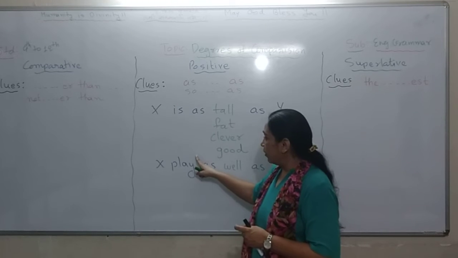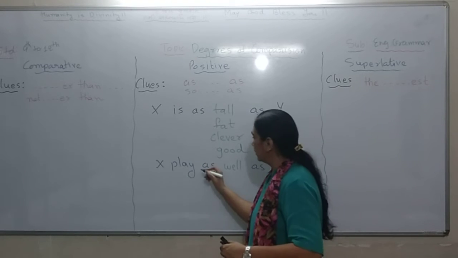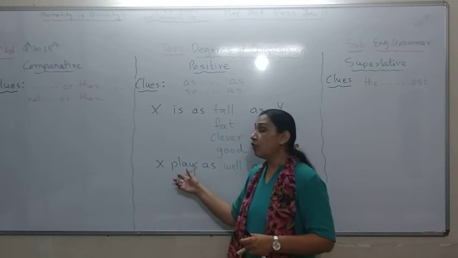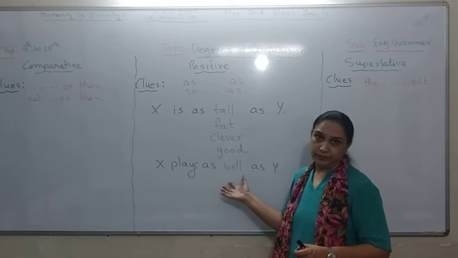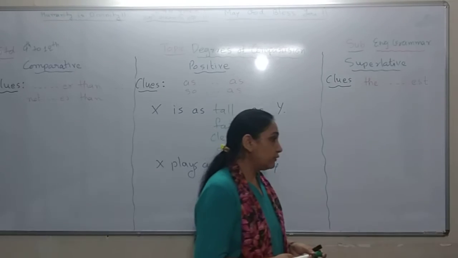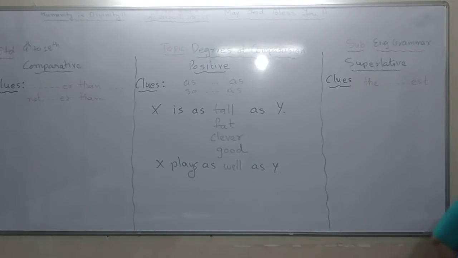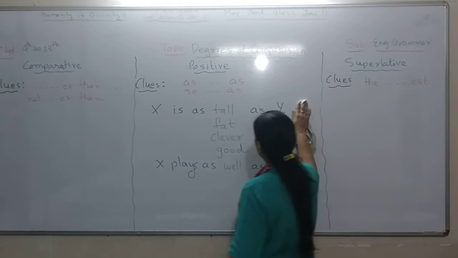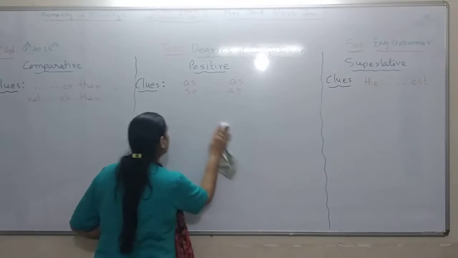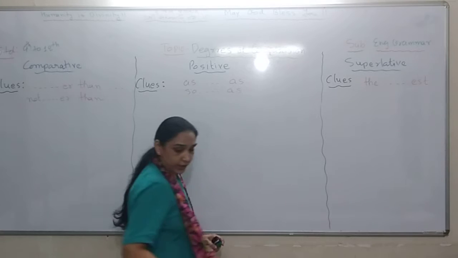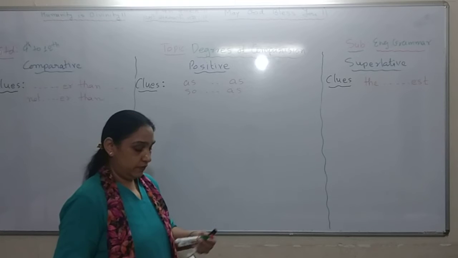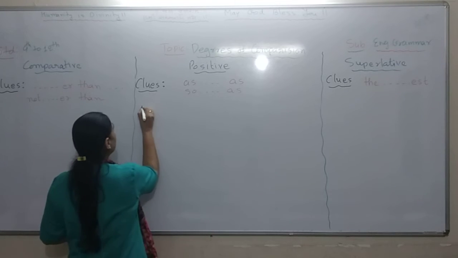Okay? So when I want to show equality between a verb, I will go for adverb. So, if there is an equality between two subjects for one common adjective, I can use the degree of positive. We will go for an example and then we will also learn how we can convert a sentence from positive degree to comparative. Let's go for a very simple example.